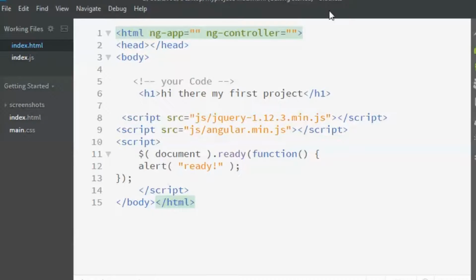We'll have to mention the names inside the double quotes. You can even use single quotes, that should work. Whatever app I'm going to create, I'm going to enter the name over here, and the controller's name will be inserted as well.